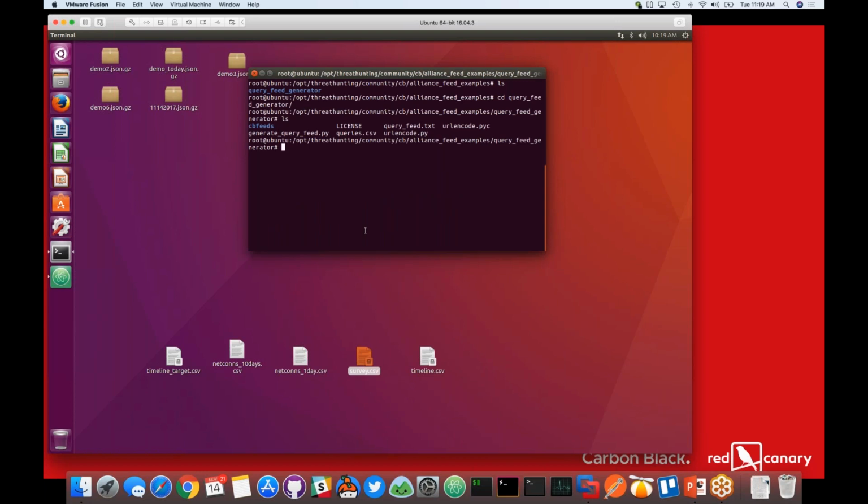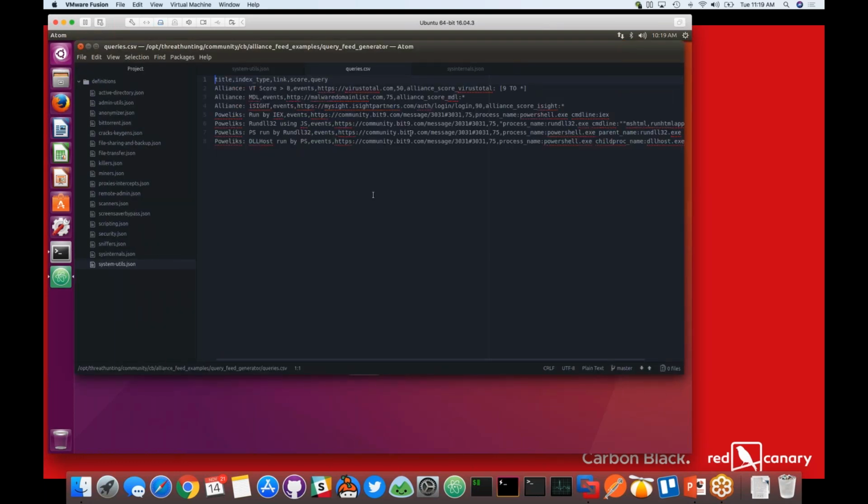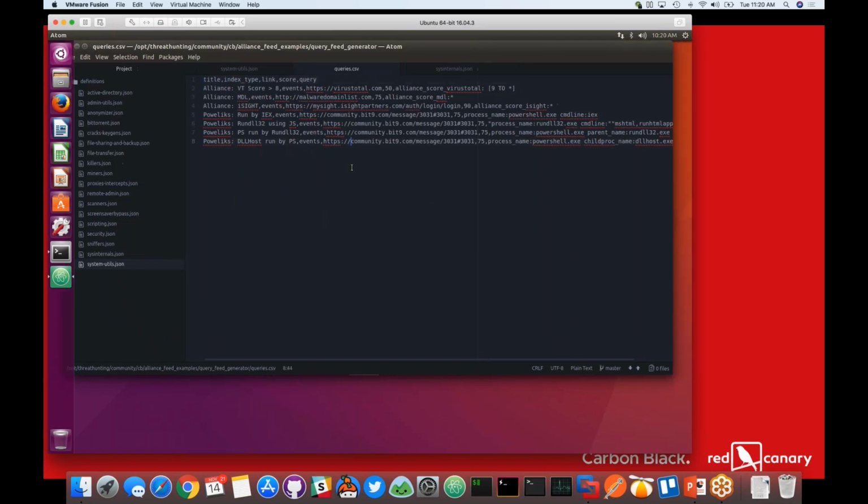It's a little bit different in Carbon Black 6 today, but we didn't want to have to manage all of our queries or all of our watch lists cluster by cluster, because I might be tuning something on cluster 1 and it might not get that change on cluster 2. So what we ended up changing here, and this is really neat, I think you guys will like this. We created a CSV file, queries.csv, with the ability to go ahead and add in all of your new queries.